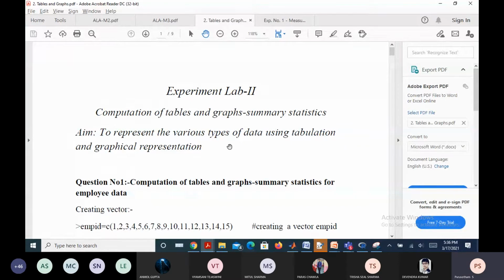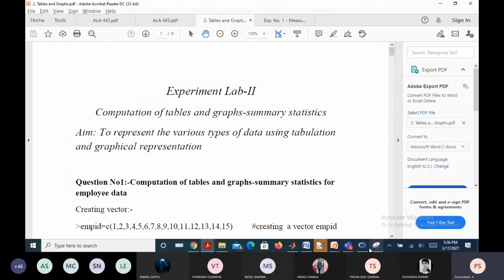Now what I'm going to do is, as I said, I guess this PDF was uploaded for your reference sometime back.